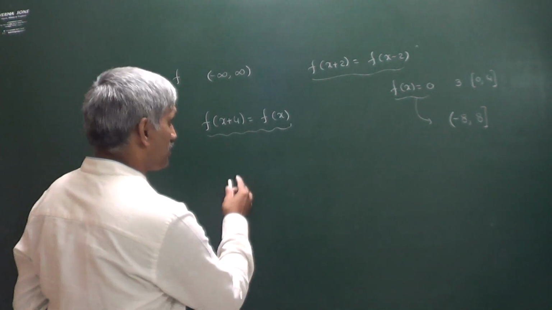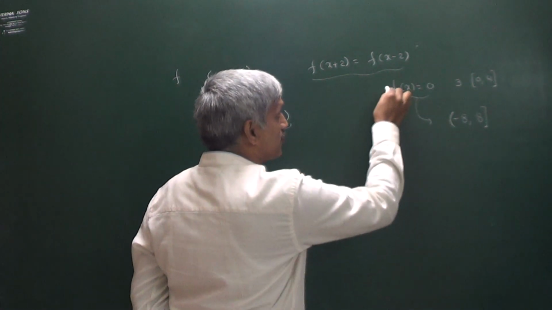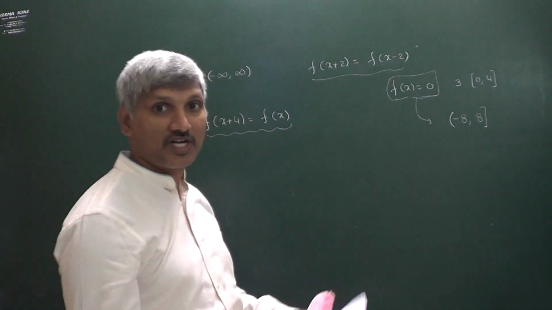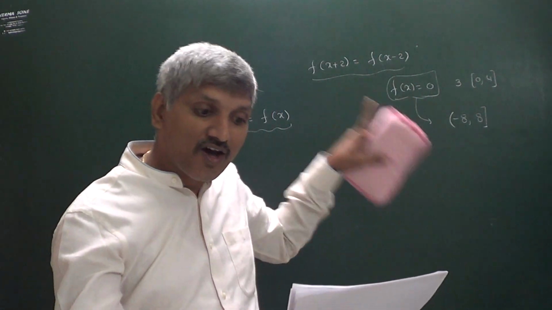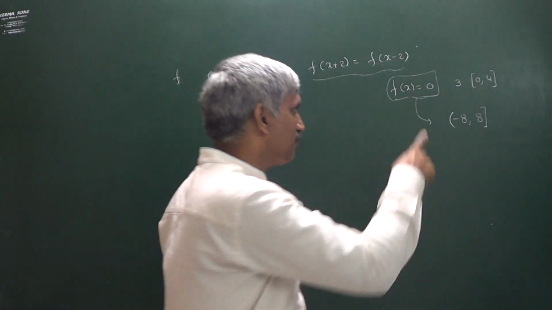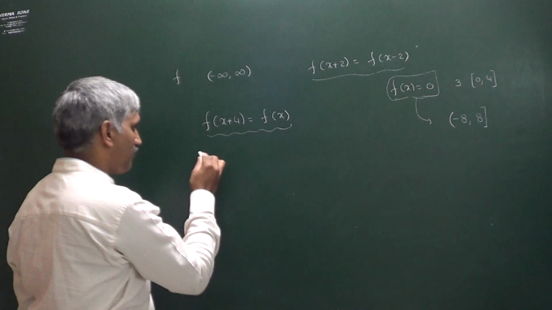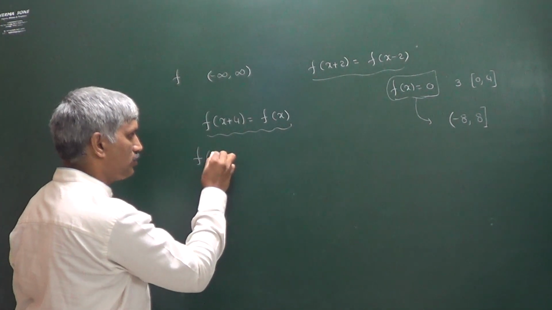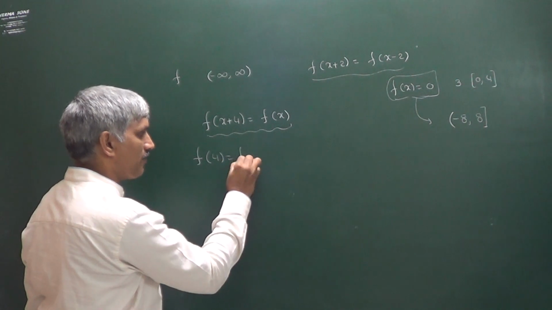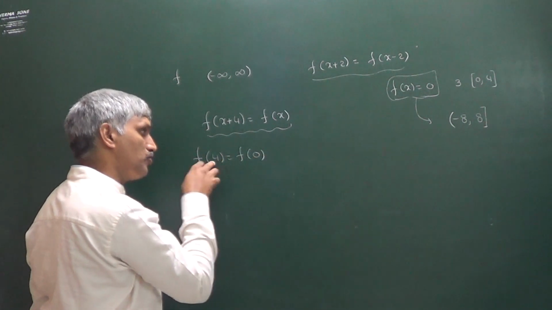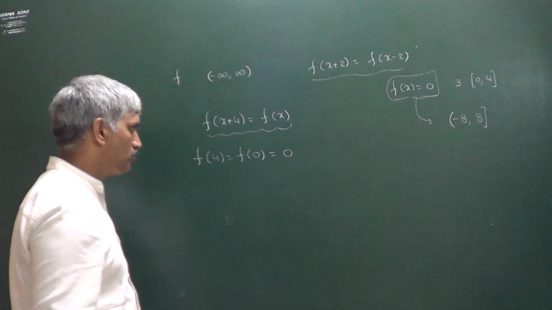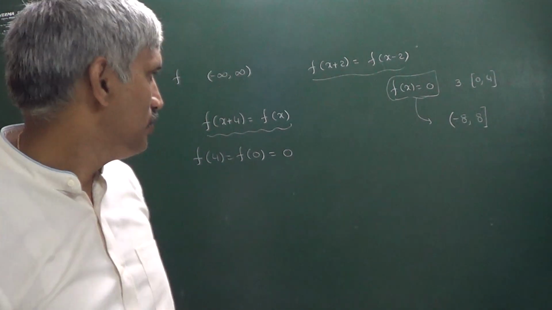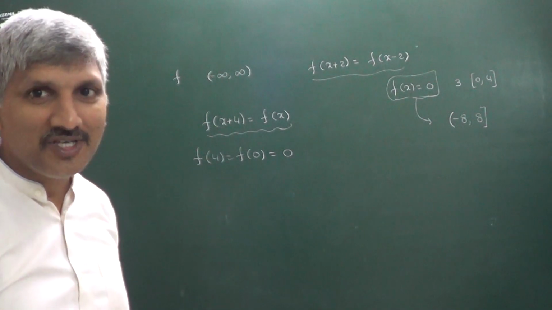And also the information is saying that 4 is a root for this equation. It has exactly 3 real roots in the closed interval 0, 4, and one of them is given as 4. 4 is a root for this equation. And 4 is a root for the equation means I am substituting x is equal to 0, then f of 4 is equal to f of 0. Because 4 is a root, we can say this must be equal to 0. So what information do we have? f of x is equal to 0 has 4 as one root, 0 is also a root.